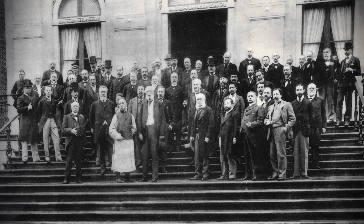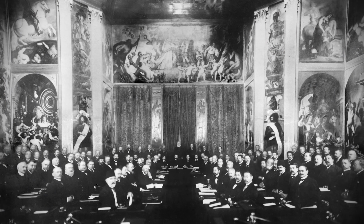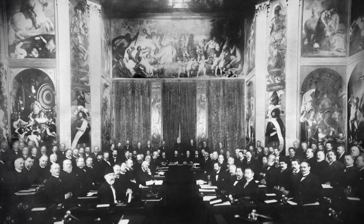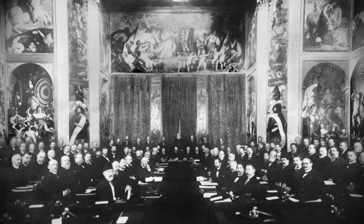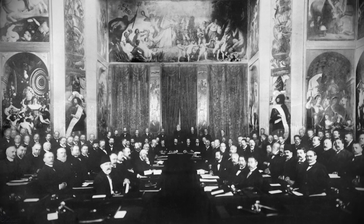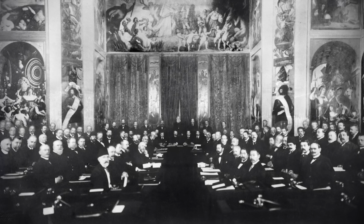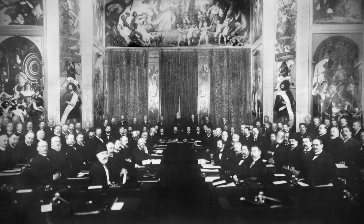The Convention for the Pacific Settlement of International Disputes, which established a permanent court of arbitration in The Hague, the Convention with respect to the laws and customs of war on land, which further refined the laws regarding the conduct at war, such as the treatment of prisoners and non-combatant civilians, the Convention for the Adaptation to Maritime Warfare, which required belligerents to treat shipwrecked and wounded enemy sailors like prisoners of war on land,